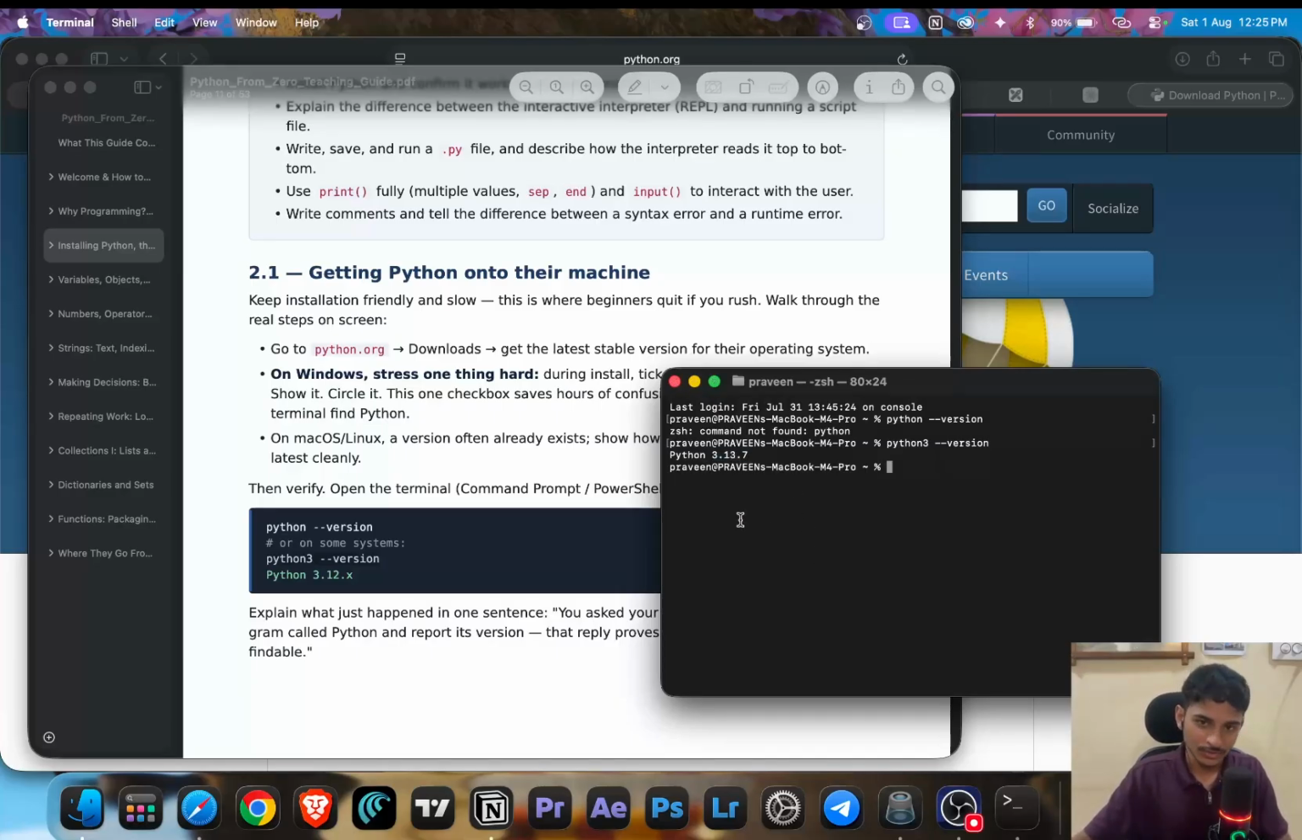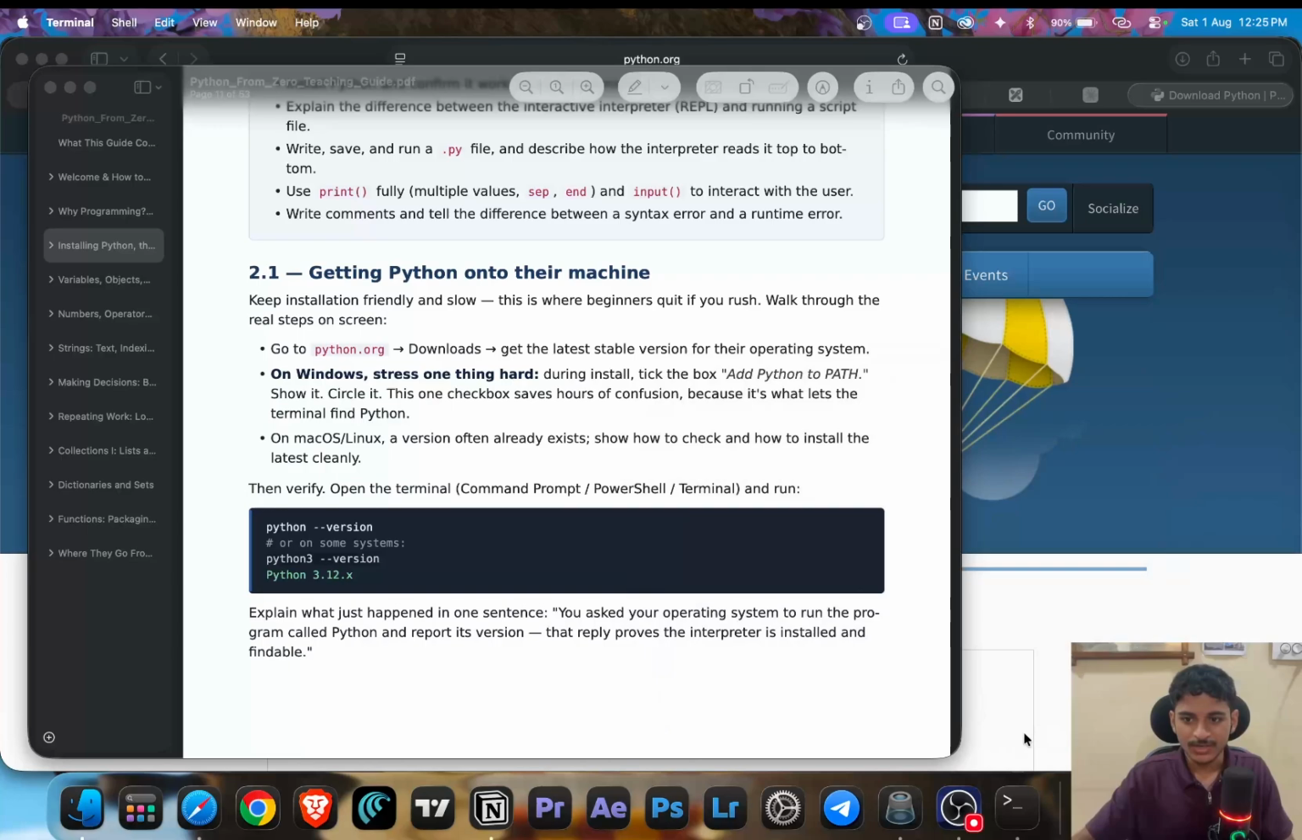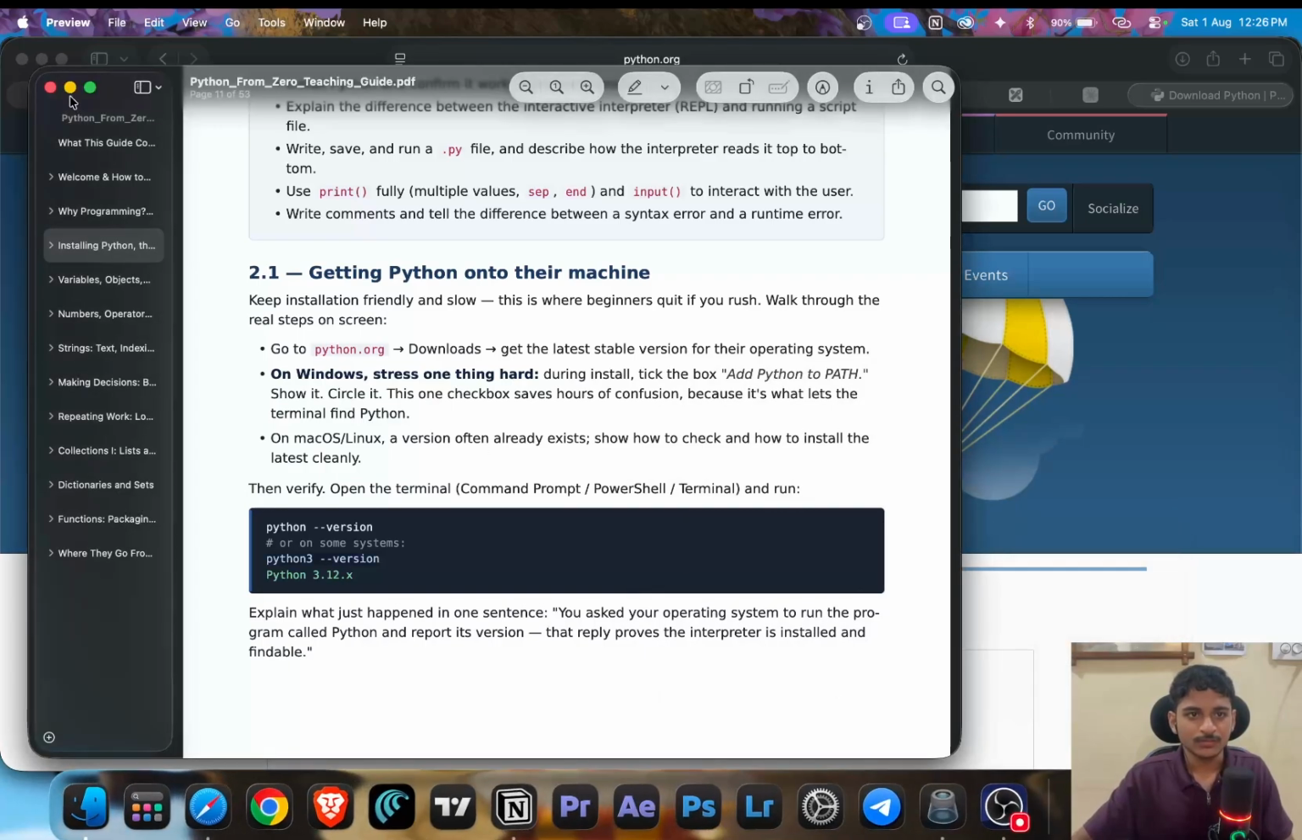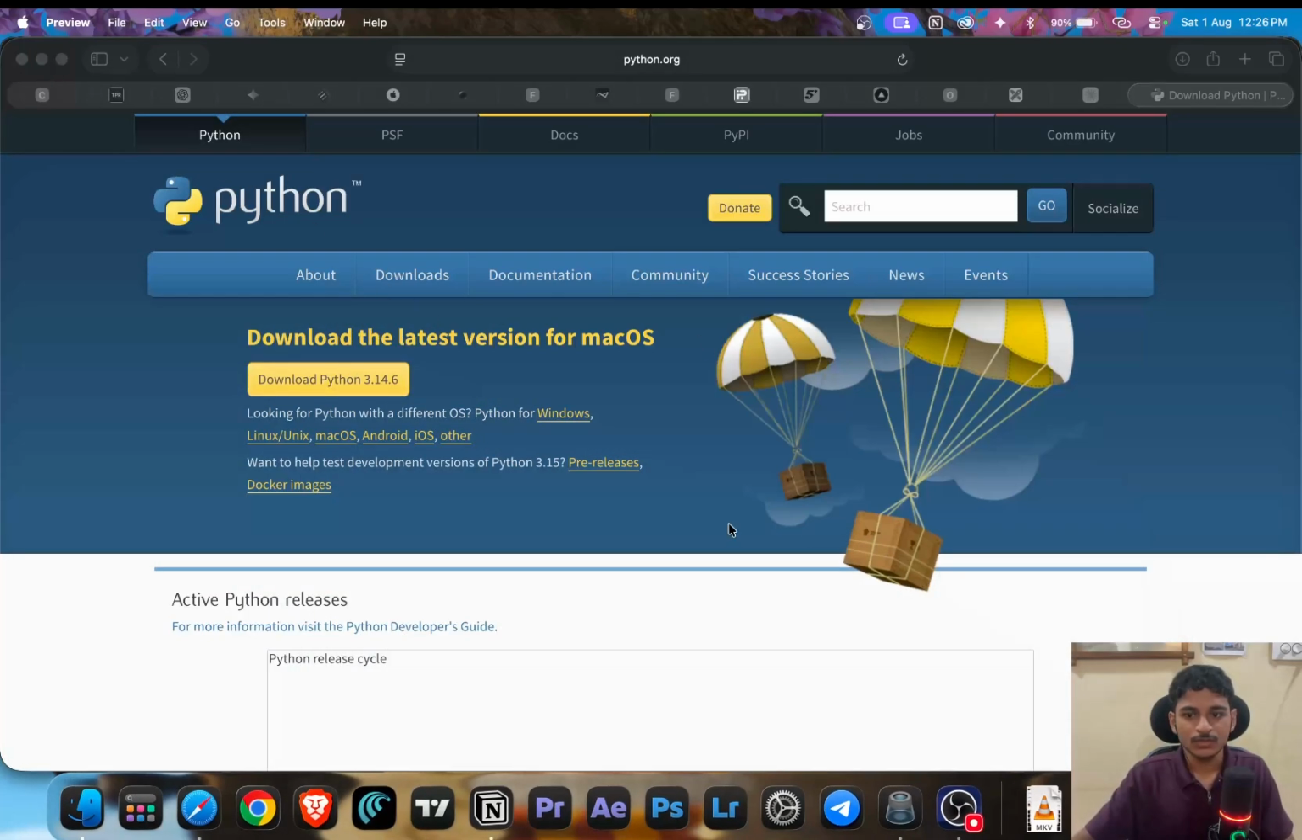So you install Python in your system and then go to your terminal and check whether it is installed or not, so that it will give a valid version number of the Python installed in your device. And then let's close the terminal and all these tabs. Now that you have installed Python in your device, next